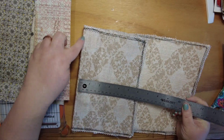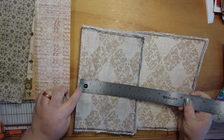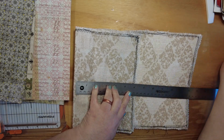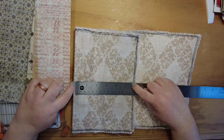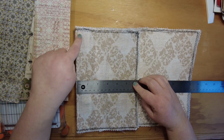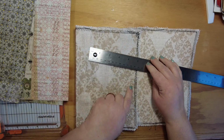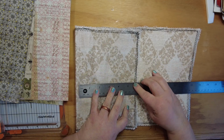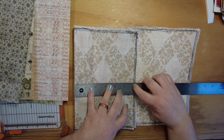So I'm going to have mine come almost to the edge. So I'm going to line my ruler up just slightly off here. And then I'm going to come over. Oops, my scissors and everything in the way here. And I'm looking at probably, because we're also going to sew around this. That's why I want to stop short of my sewing here. So I'm going to find my widest part of my sewing, which is this little thing that comes out here. So I'm going to go to the edge of that and then how far over I want to come over here. So I'm looking at 5